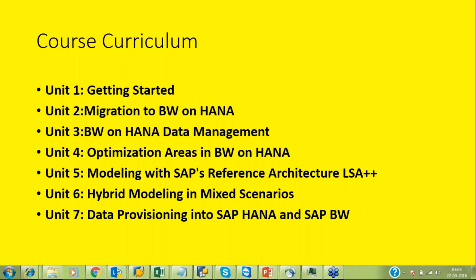Unit 5 will be modeling with SAP's reference architecture, LSA, layered structured architecture. Now, if you are working already with BW, you would have a sense of what LSA is. And then we're going to talk about also LSA++. The layered structured architecture is now taken to a next level because we have new objects that we